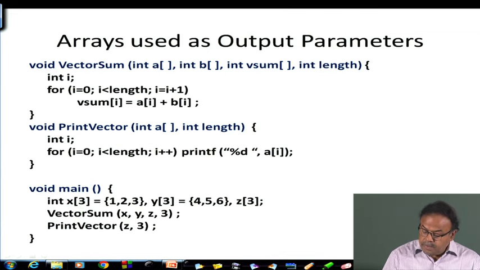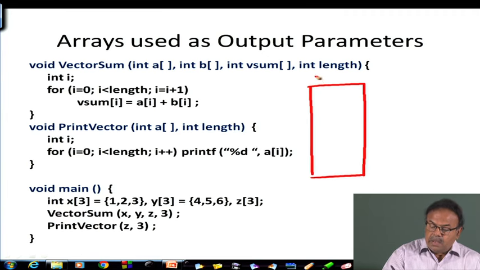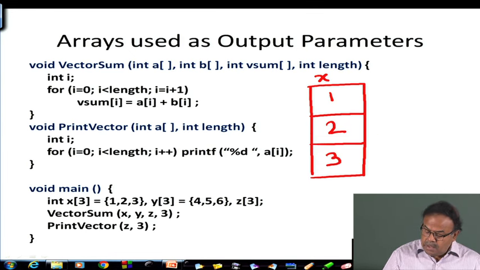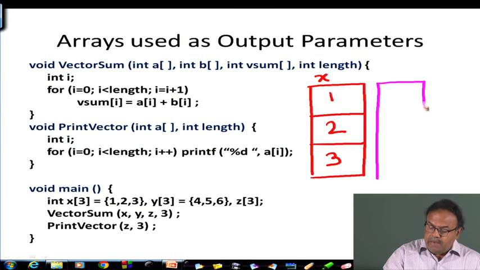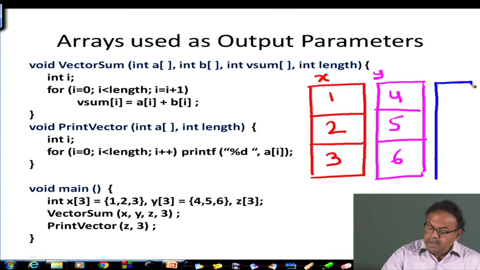I have got an array x having values 1, 2, 3, another array y having values 4, 5, 6, and another array z, which will have the final value, all right, it is 3 elements, but we do not know